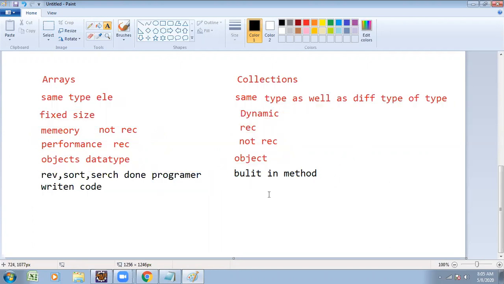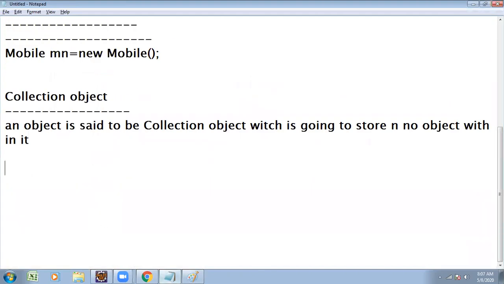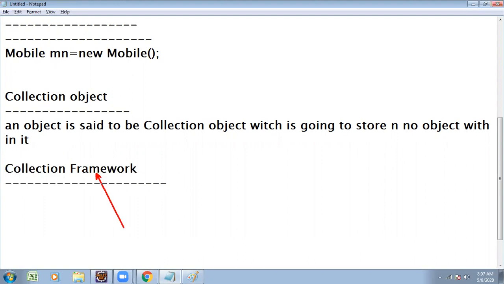Now we wanted to concentrate on what we are going to cover under the collections framework. You ask the question, what is a framework? I am going to say that we want to start working with the collections framework. Spring framework, Struts framework, Hibernate, several frameworks are there. What is a framework? What is a collection framework?